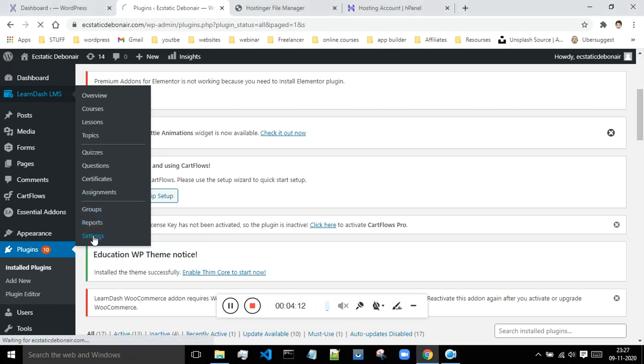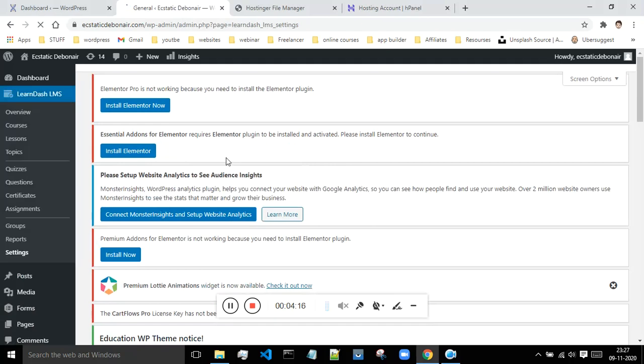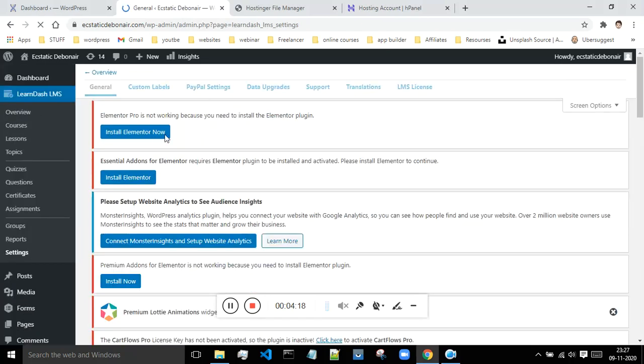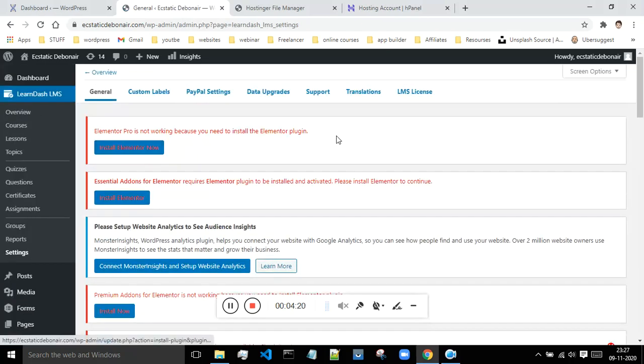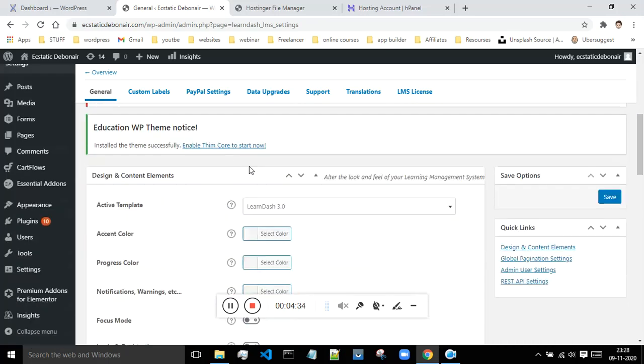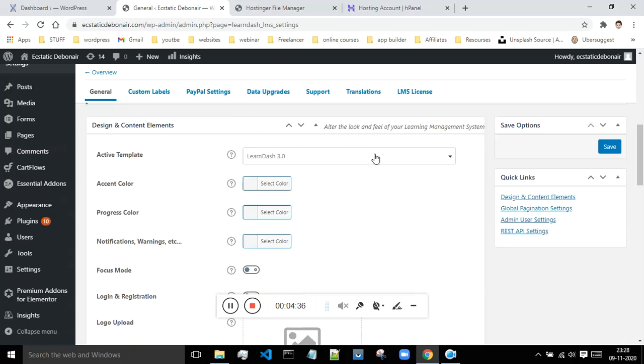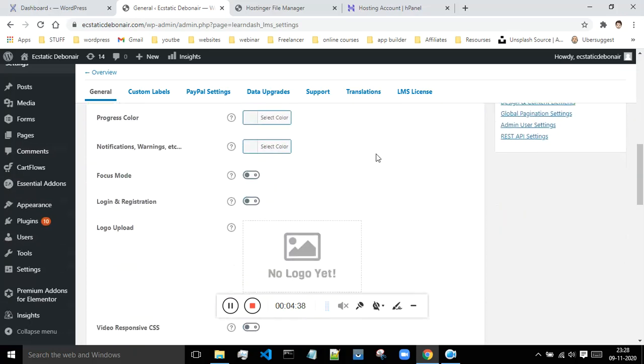If I go to the settings, then okay, so these are some of the options which are present over here, which you have to just read. It says that it's not working because you need to install the Elementor plugin. Okay, so we will resolve this afterwards, but as of now, let's just scroll down, and here are some of the settings associated with the